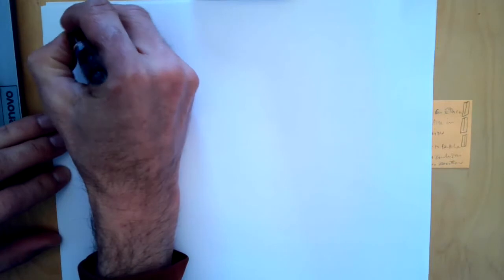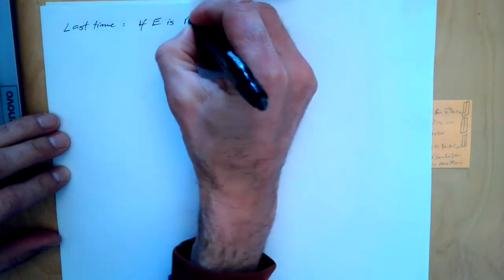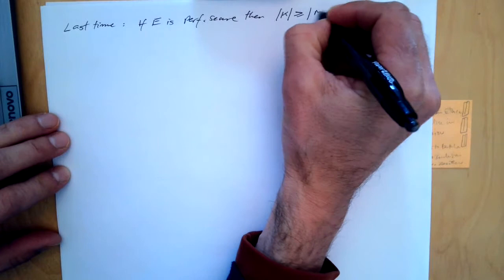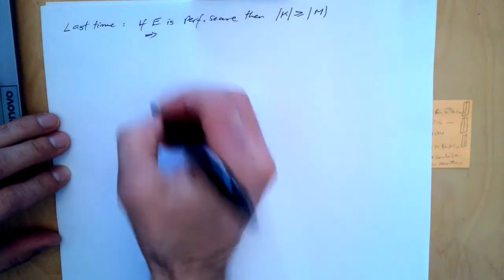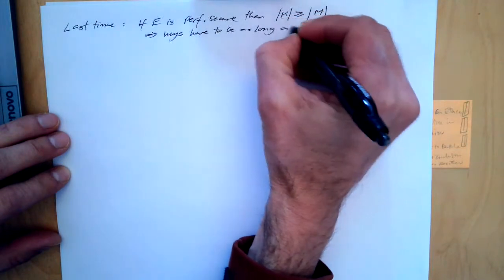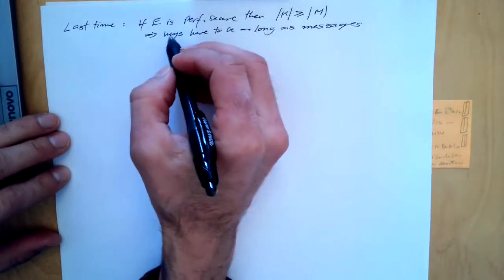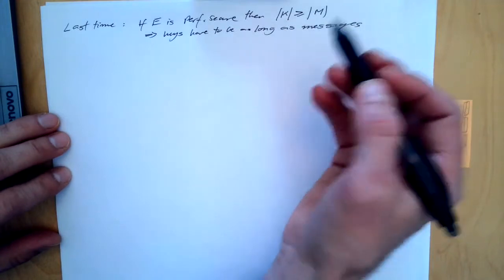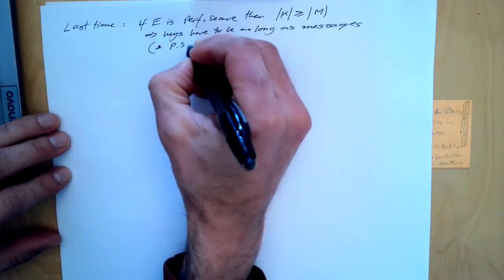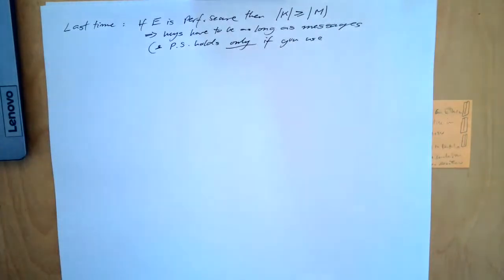Okay, so last time we pointed out that if encryption is perfectly secure, then the key space has to be at least as big as the message space. And one consequence of this is that keys have to be as long as messages. And if you think that, okay, your keys are 100 bits long, your messages are 100 bits long, but I'm going to send many messages like this. And perfect security holds only if you use